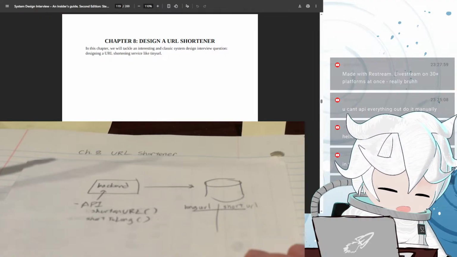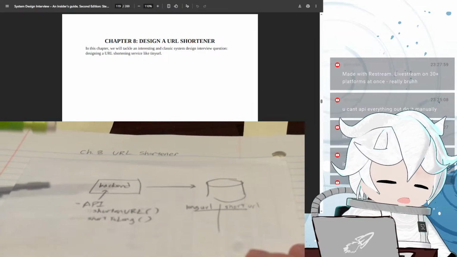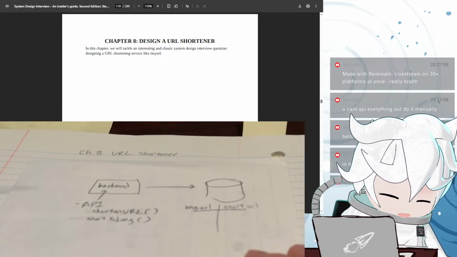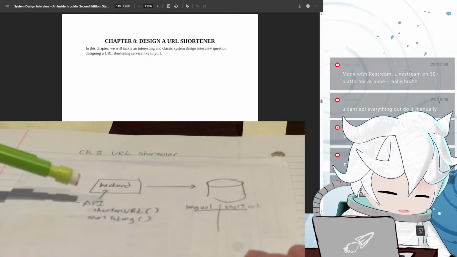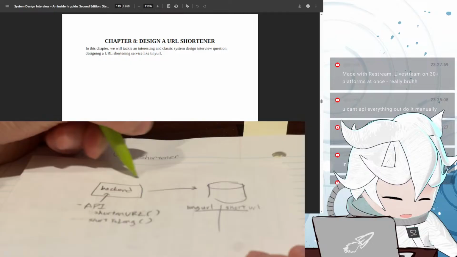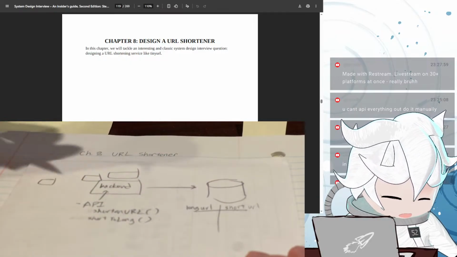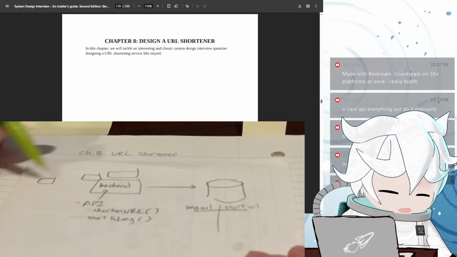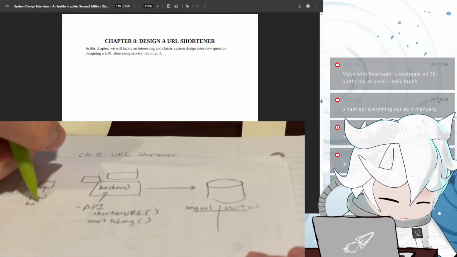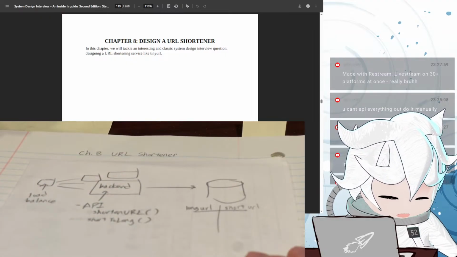I mean, if we were to ask, this is probably not the answer. It can't just be this simple. If we were to make it more complicated, if we were asked how to scale this out in a real interview, maybe we can say we have a cluster of backend servers, and this cluster of backend servers is fronted by a load balancer, so we can support many calls at the same time to the API.